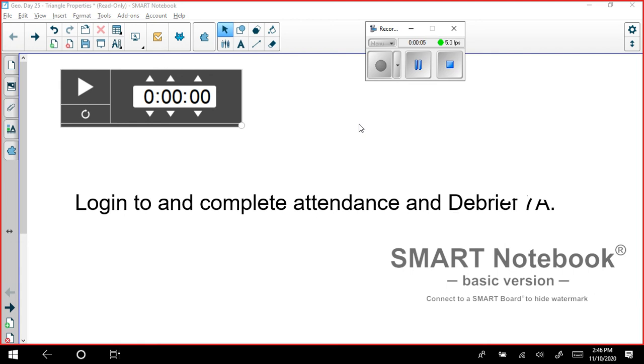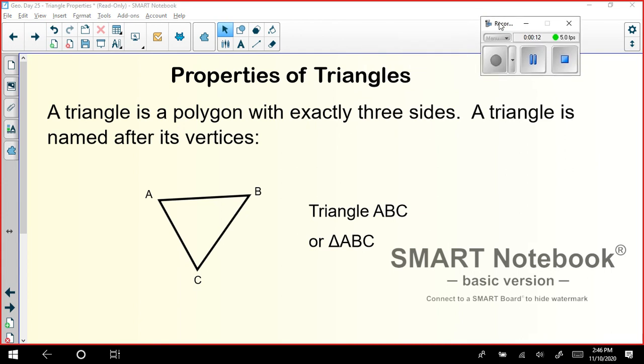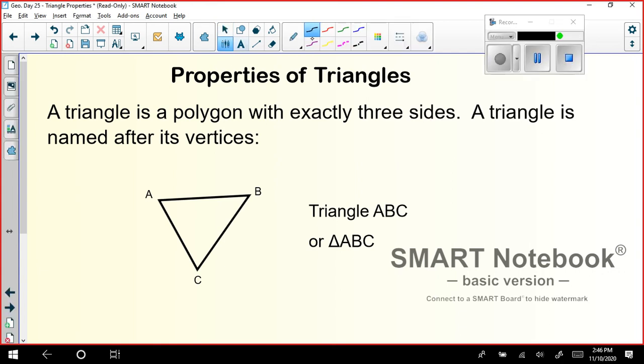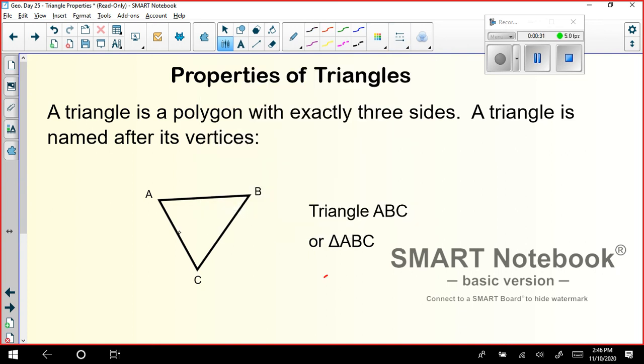I'm just going to revise what we had in the couple of slides of the previous class and then move on to today's class. Properties of triangles, we had discussed that in the previous class. A triangle can be named using its vertices. We can use a triangle symbol, or we can write triangle in front of the triangle to name a triangle. So this particular triangle can be called triangle ABC, or triangle ABC with a triangle as a symbol. That was the first thing that we saw.